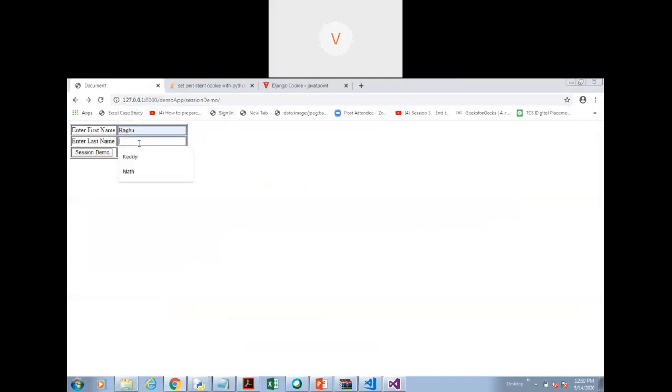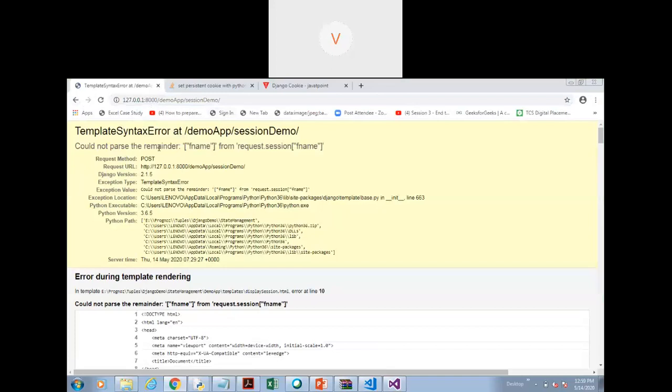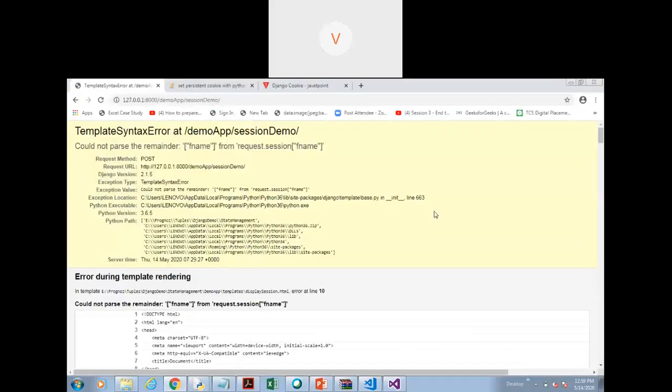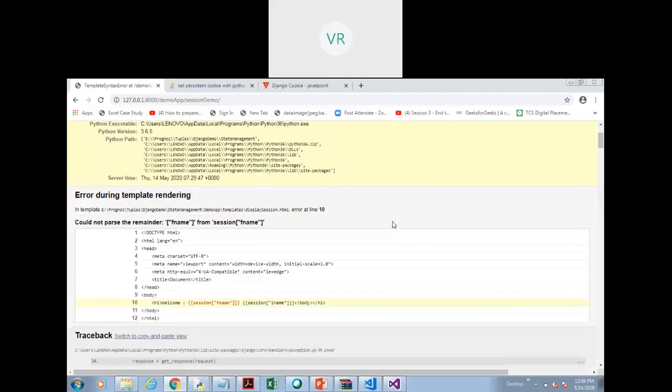So if I enter the data as Raghu, could not parse request dot session fname. Session